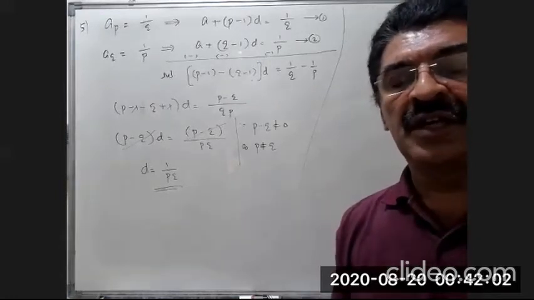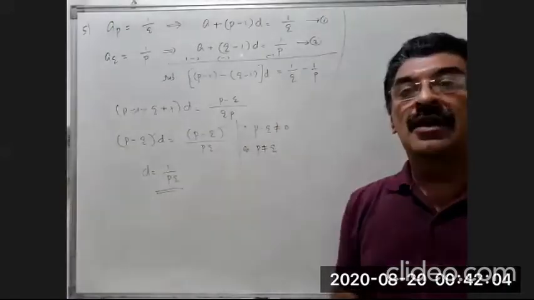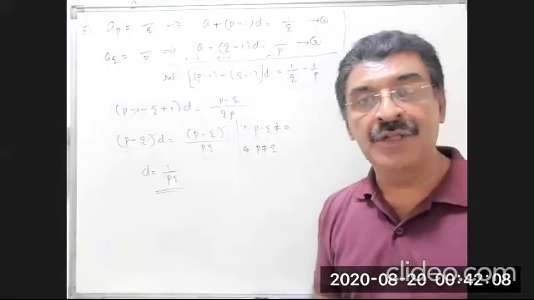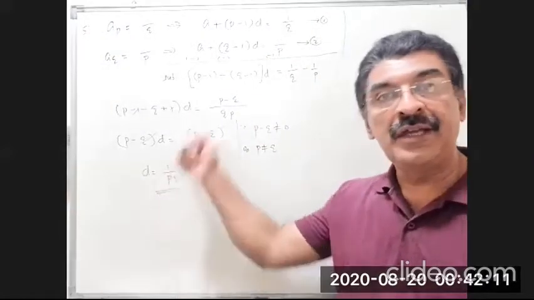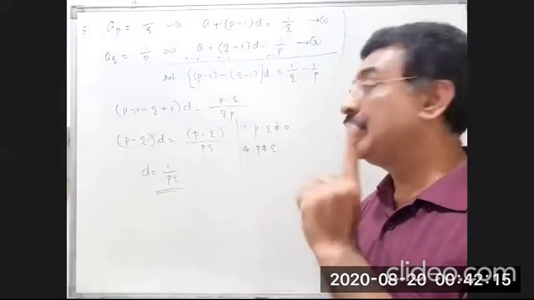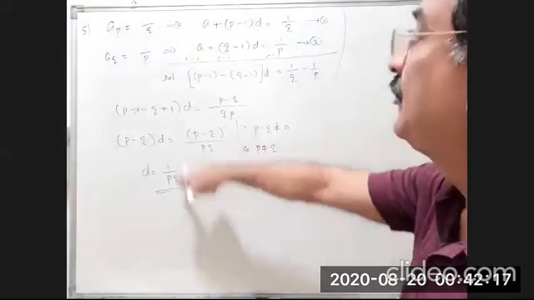So we got d. Now, after getting d, what's next? We have to get a. How to get a? Substitute this d in one of the equations. So substituting this d in the first equation,